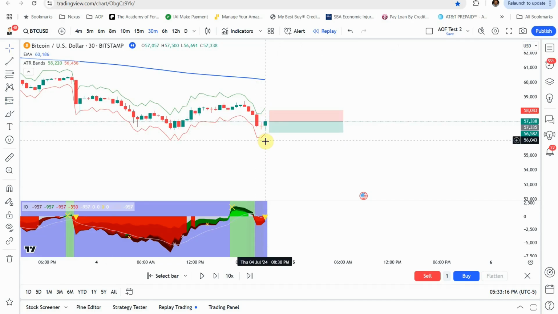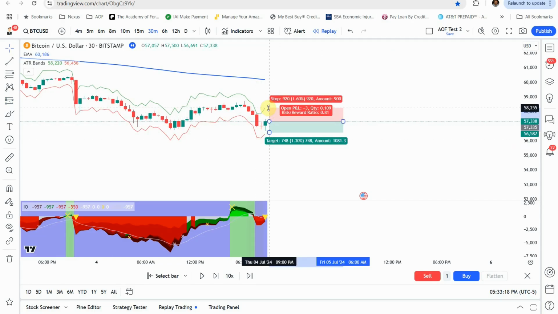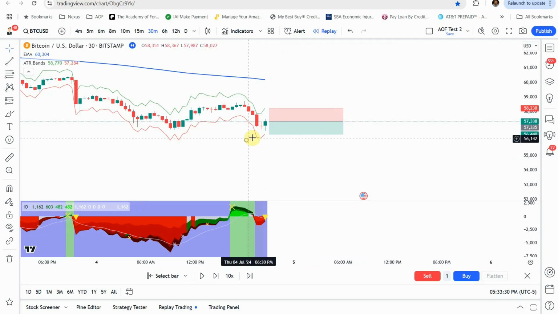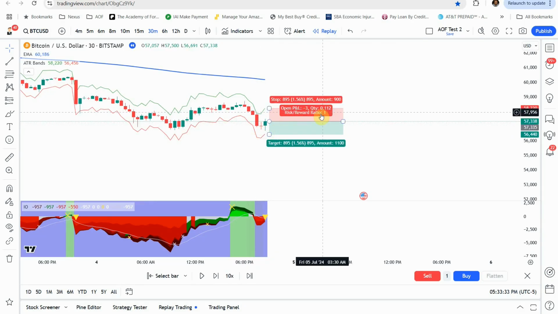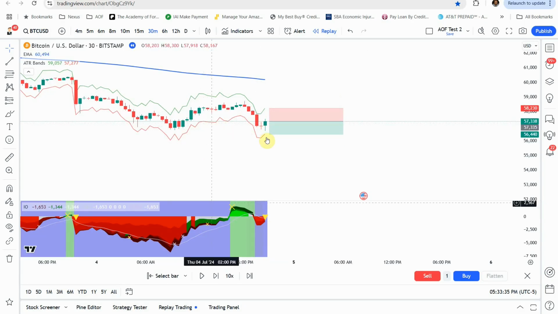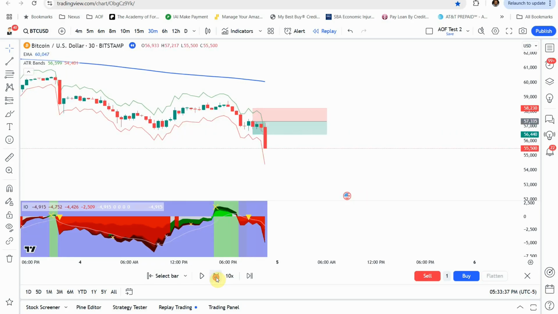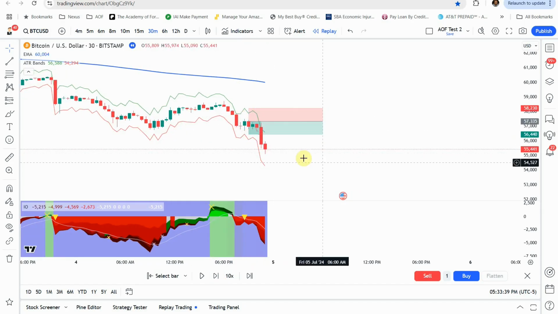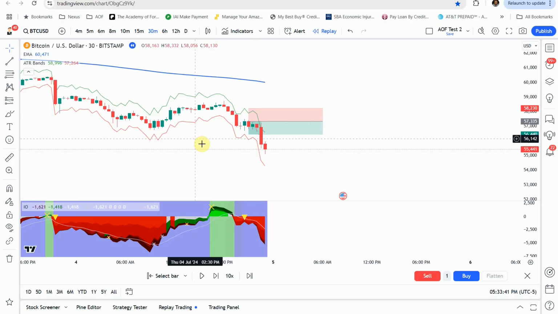We're going to put our trade right here, and we're going to target a 1-to-1 risk reward. So we're going to put our stop at this upper green ATR band, and we're going to put our take profit at the lower red ATR band right here. So you can see that's a 1-to-1. So let's go ahead and play this forward and see how it plays out. And you can see within just a couple bars, we make a nice push to the downside,